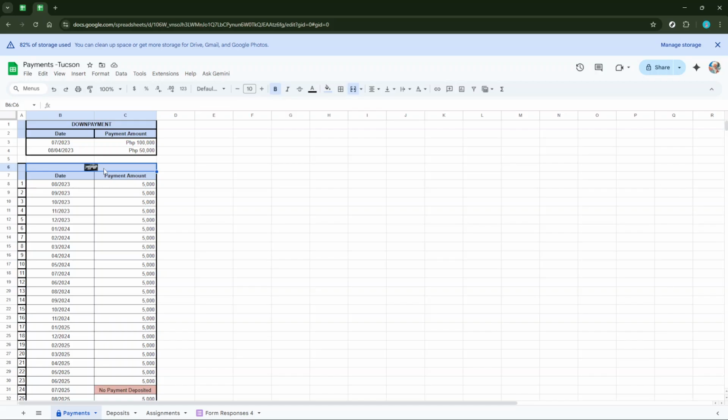This functionality is particularly useful for keeping your spreadsheet organized and ensuring consistency across your data and visuals. And there you have it, a simple yet effective way to enhance your spreadsheets. By inserting images directly within cells, you can convey information more dynamically and perhaps even run through your data a bit more creatively. I encourage you to experiment with different types of images and placements to see how they can complement your existing data. Thanks for watching, and happy spreadsheeting!